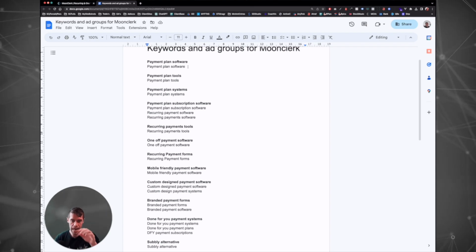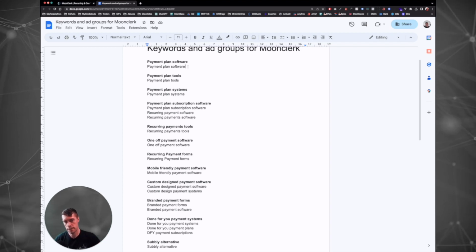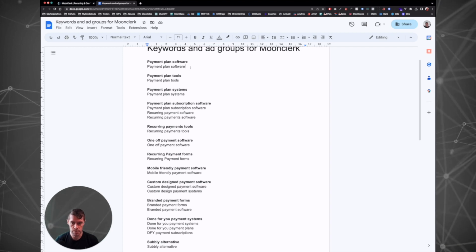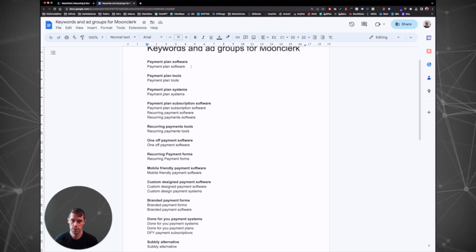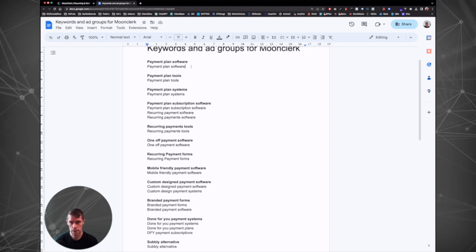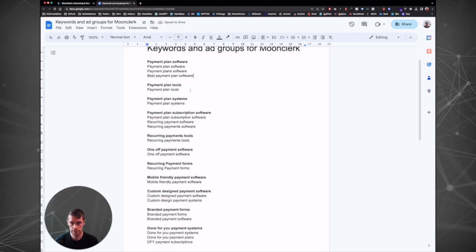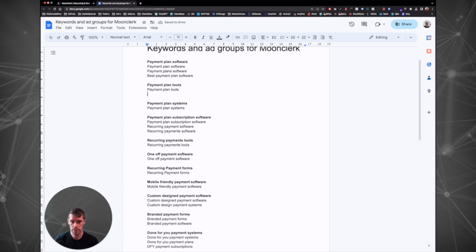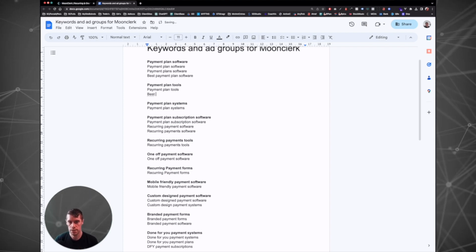It's just a matter of how the human brain works. The closer that headline 1 is, or headline 2 is, to your specific search, the better. That just is the game. And that's why single keyword ad groups was such a big thing. But I don't think you really need to go as close to single keyword ad groups all the time. So this is kind of what I do next, is I flesh out the keywords within each ad group. So payment plan tools, like you get some trends as you start to go through it,